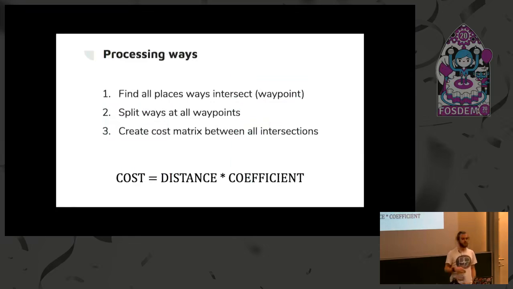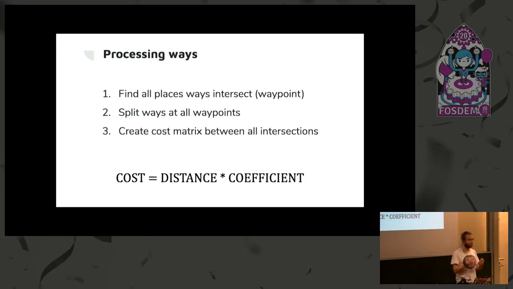So, processing ways. We find all the places that ways intersect, and we call that waypoints. Then we split the ways at all the waypoints so that we have subsections of ways. Then we create a cost matrix between all these intersections. And so cost is something that we've defined as a distance, the distance of the line between 2 points, times by a coefficient. And so a coefficient for a way that is primarily for cycling along, the coefficient is very